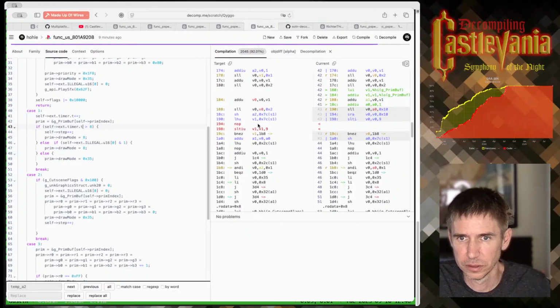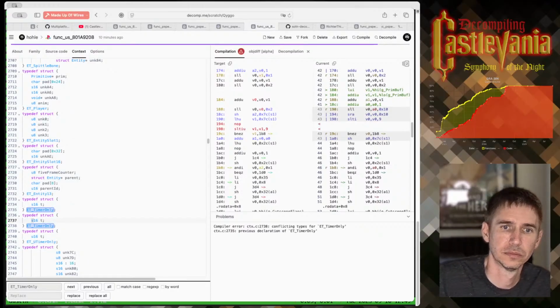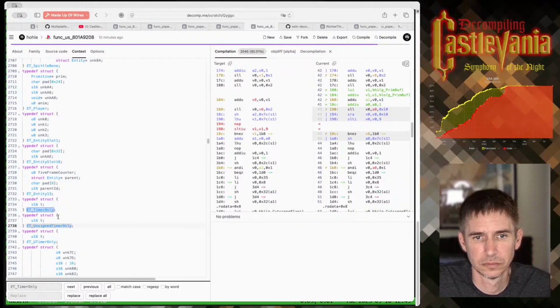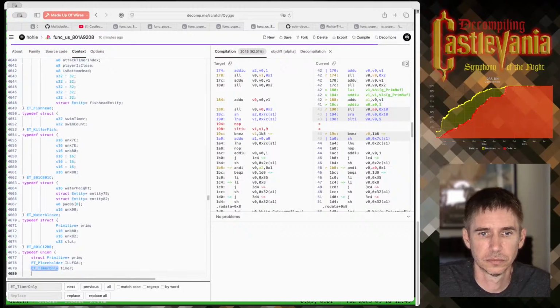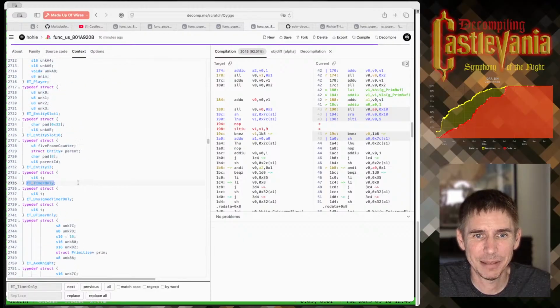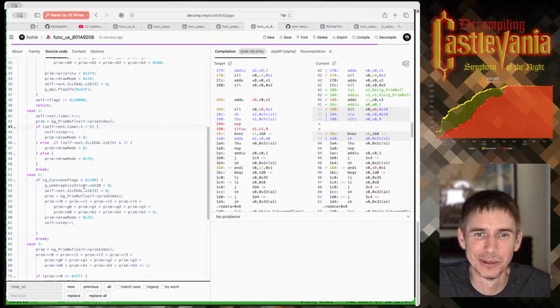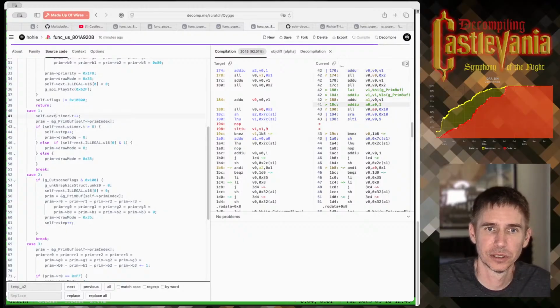Unfortunately, our timer seems like it might be unsigned. Let's try to make a new one. We'll make an unsigned timer. Oh, somebody was smarter than me. They came up with this first. Good job, timer only. It was right below where I was working. Good job, folks. So smart.